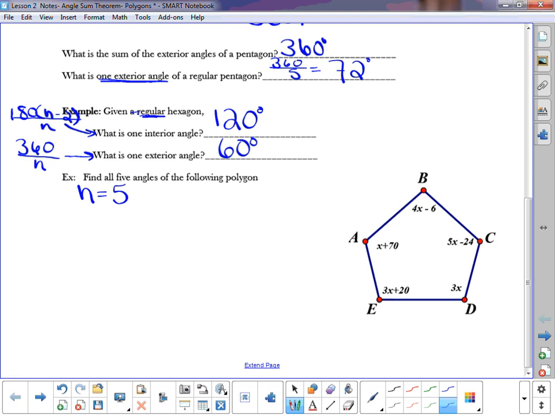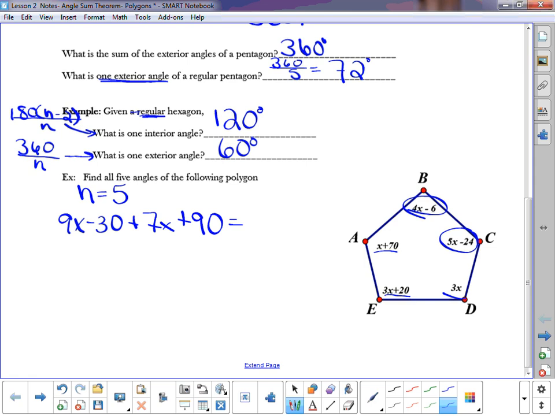What do you guys think I should do? Jalen? If it was a triangle, we'd take all three and add them up and set them equal to 180. So same idea, it's just now a pentagon. So we need to figure out what's the total sum of the interior angles of a pentagon, and then same idea there. So I'm going to go ahead and add up my angles. Instead of writing them all, I'm going to do a couple chunks at a time. So I'd get, let's see, 9x minus 30 plus, we can do each of these. So let's see, 6x plus 1x would be 7x plus 90